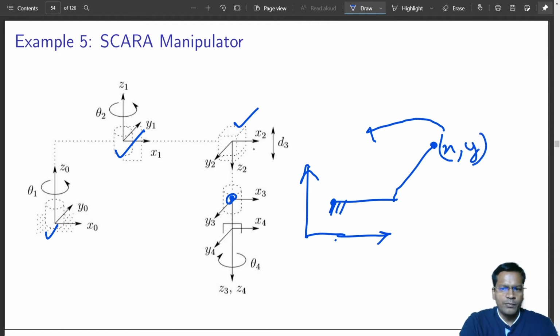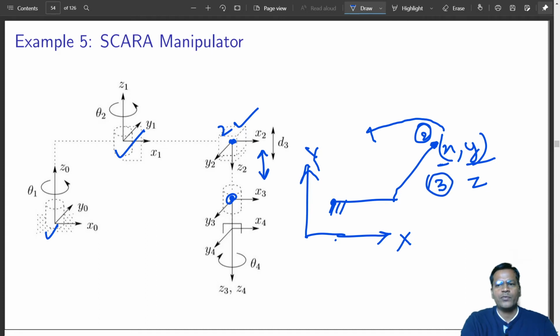But now that you have a prismatic joint in this location 2, you can take it up and down about this point. So this is x, this is y. Now that point 2 has a prismatic joint which can take it up or down, it can have any displacement along the z direction also. So point 3 can now have x, y and z also. Point 3 can also have z variation.